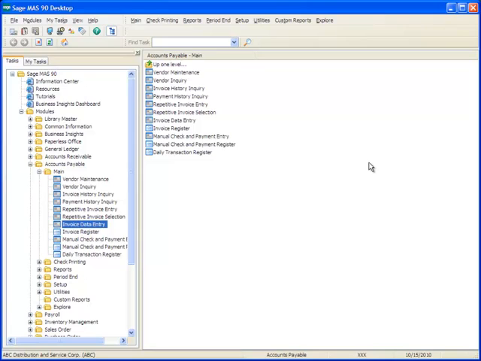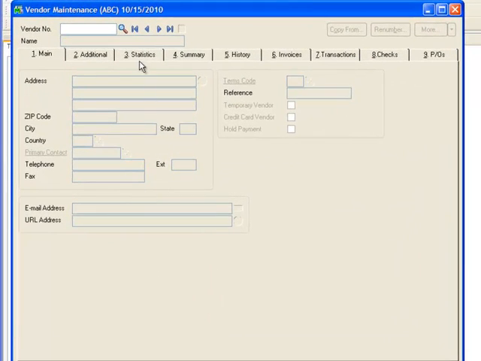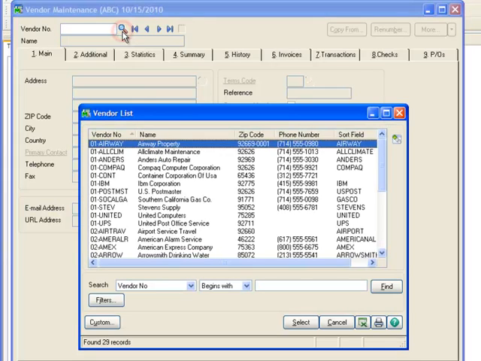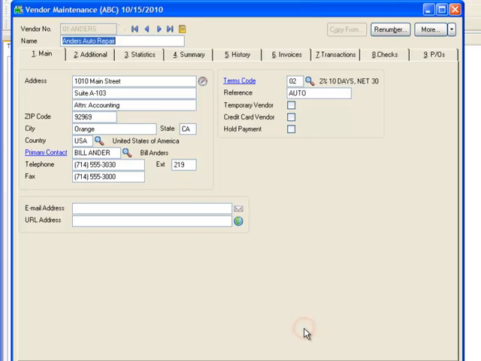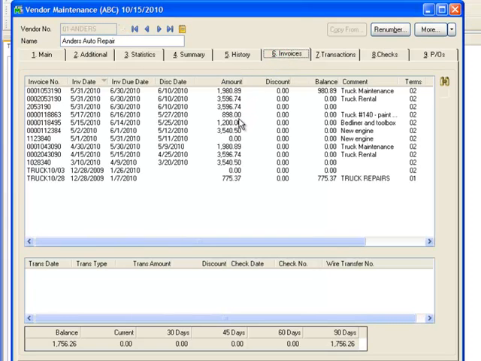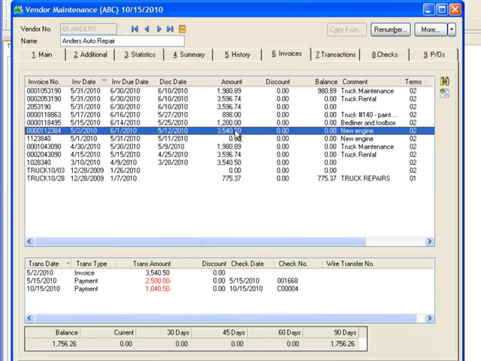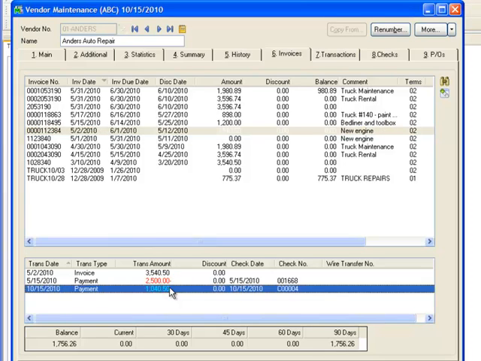Let's now review the payment information for the Anders Auto Repair invoices. To do this, we'll go to the menu tree and select Vendor Maintenance. Using the lookup, we'll highlight Anders Auto Repair and then hit Select. Now let's click over to the Invoices tab. We'll highlight invoice 112384, and looking down in the Details section, there's the $1,040.50 payment that we just made by